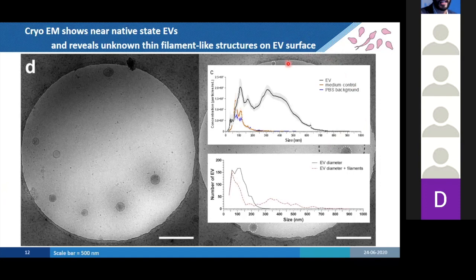So yeah, that was okay. For now I cannot tell you more about the exact structures that these filaments are. We're still looking into that, but we of course have a hunch that it might be glycans.